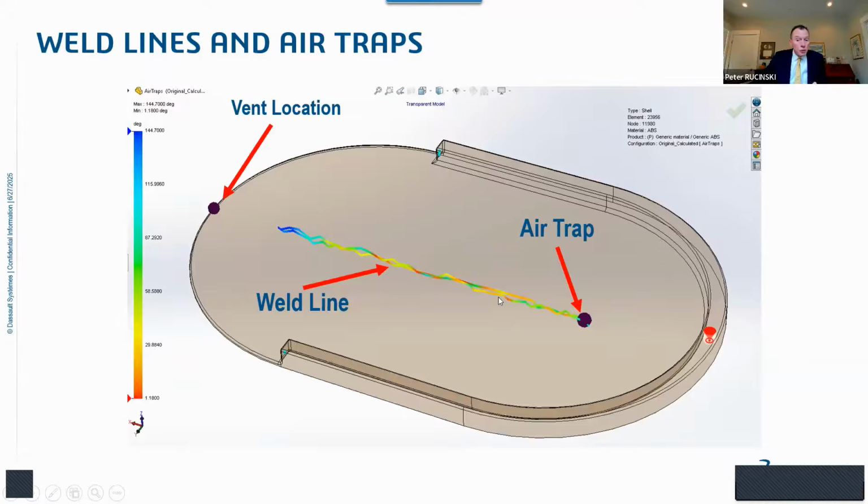Even though there's no through holes, even though there's only one gate, we still get this massive weld line. We get air that gets trapped, surrounded by plastic. This is, again, an unacceptable defect here. And then down the end, we get another air trap prediction, which I like to think of as a vent location. So, anytime you get air trap predictions around the perimeter of your part, those are the ideal locations, or like the minimum locations, that you should include venting to atmosphere.